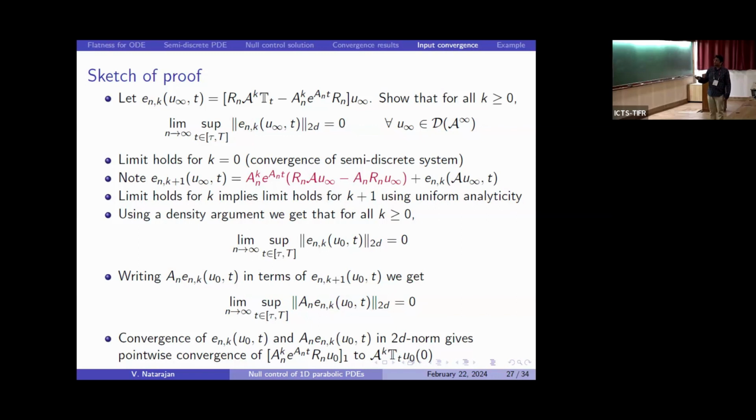The next thing you do is you do this for E_n^k, then you write E_n^{k+1} in terms of A_n and E_n^k. And like we did in the corollary earlier for getting point-wise convergence, we will show there's a limit for E_n^k and A_n E_n^k. So the convergence of these two in 2D norm implies point-wise convergence, and therefore you get the result. Okay,